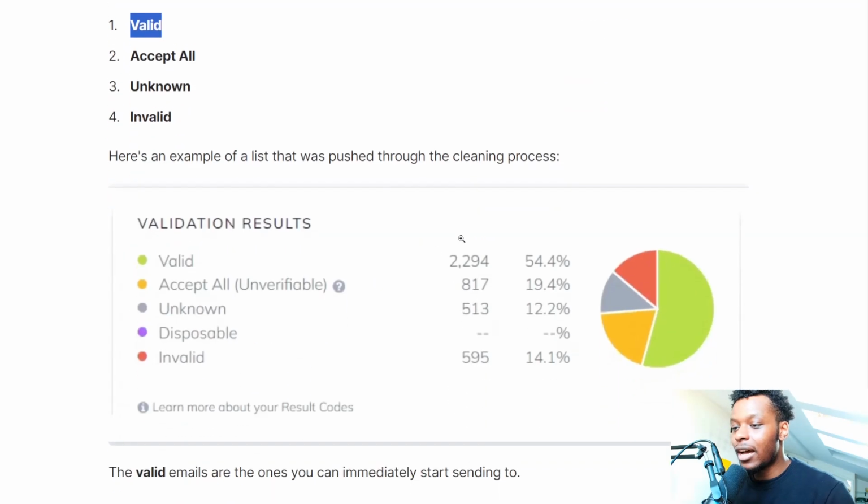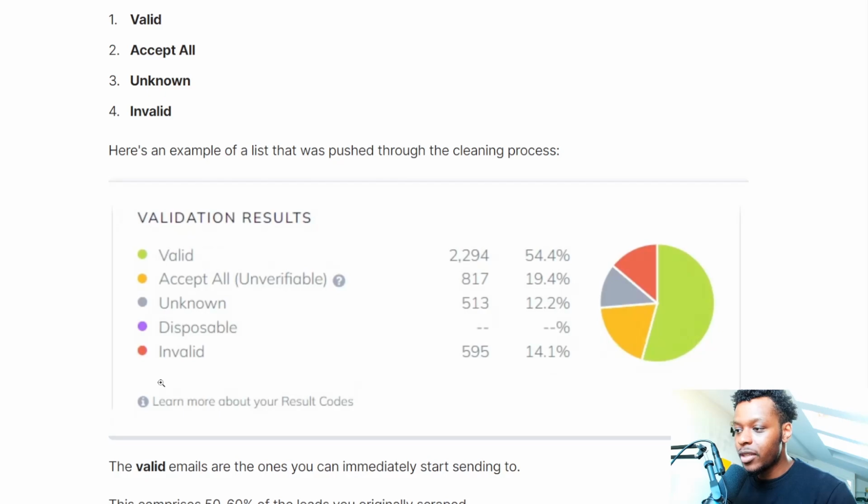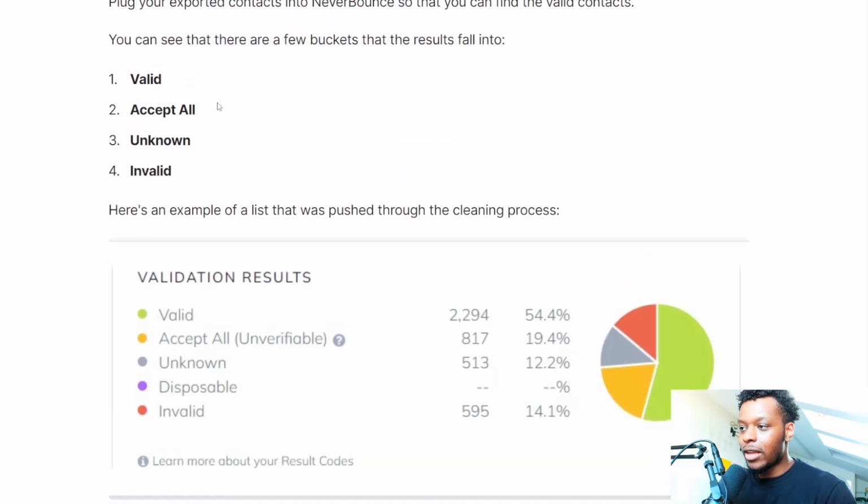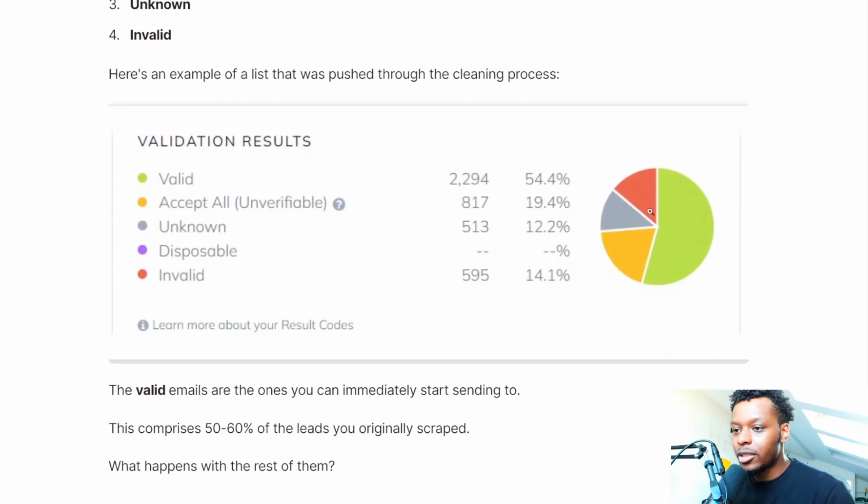And you can see here there are a few different results: valid, accept all, unknown, and invalid. Honestly, this is how most of your searches will go. If you pull a list from Apollo, which in this case is probably about 3,000 or 4,000 people strong, you're going to get around 50% that are straight up valid, as in these are the ones you can immediately start sending emails to. But, and this is a big but, accept all, unknown, and invalid, you cannot use at all,